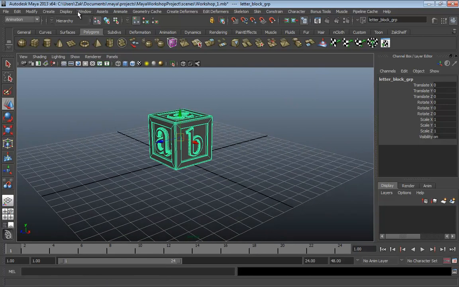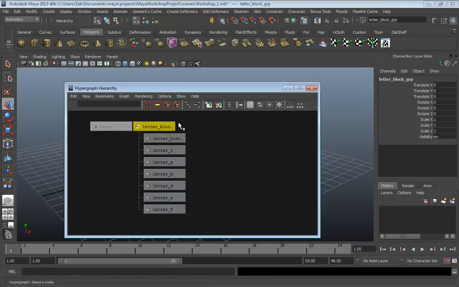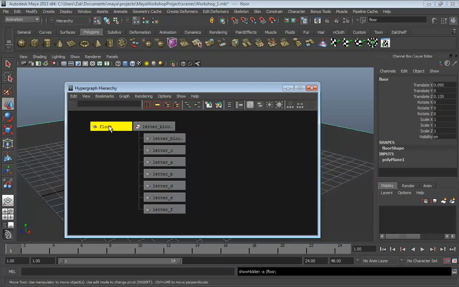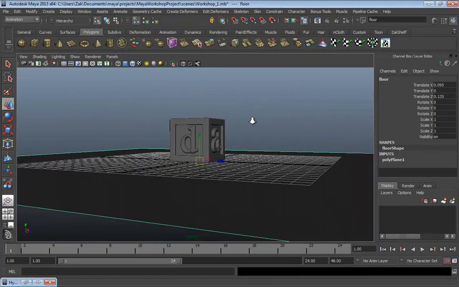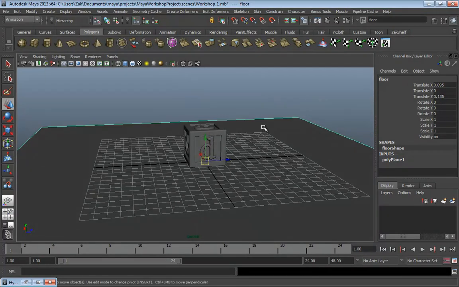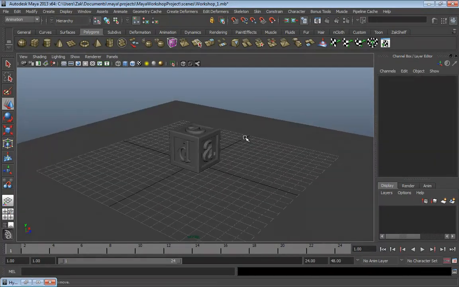So let's go back over to our hierarchy for just one moment and hit Control-Shift-H to show our floor. So we have our floor, we have our block, and we're about 58 minutes in,